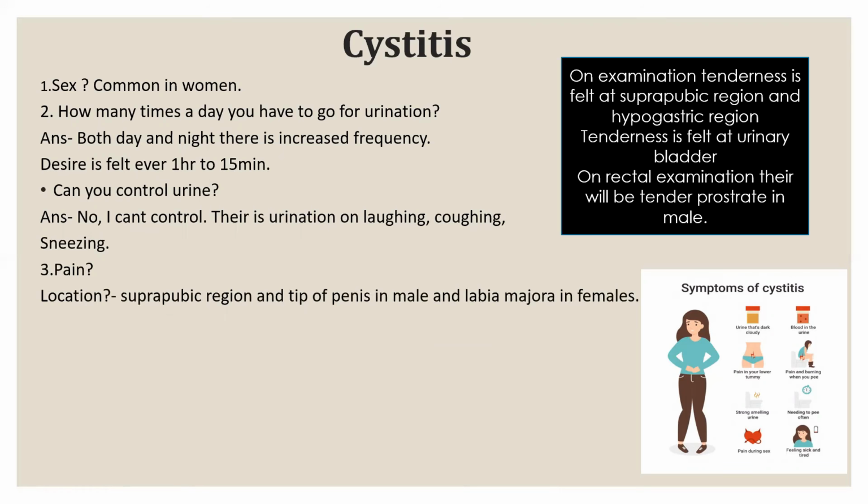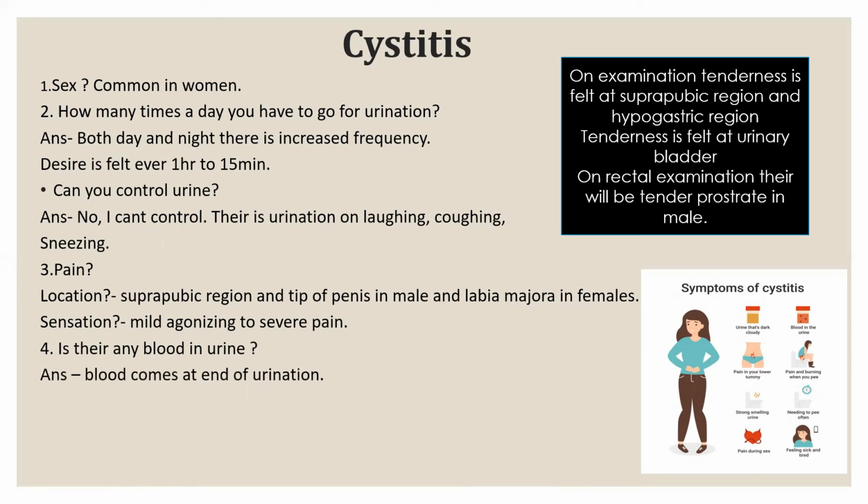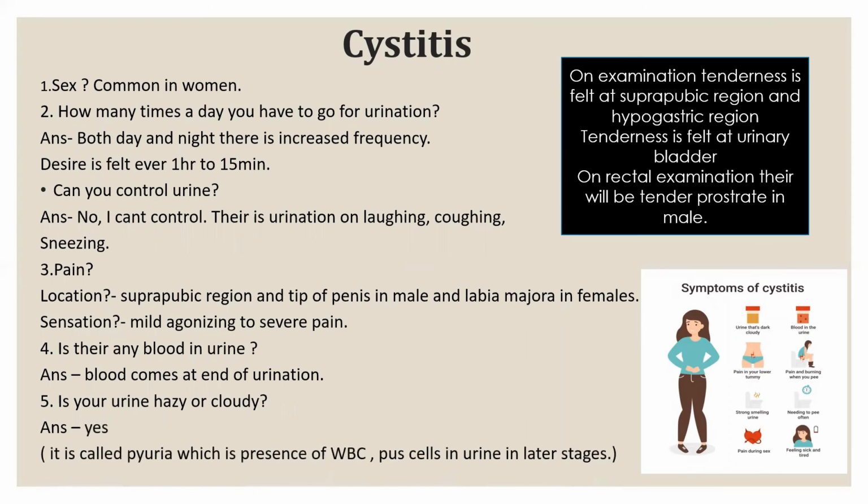How is the pain? Location is suprapubic region, and tip of penis in male and labia majora in females. Sensation: mild agonizing to severe pain. Is there any blood in urine? Blood comes at the end of the micturition. Is your urine hazy or cloudy? Yes. It is called pyuria, which is the presence of WBCs, pus cells in urine, but it occurs in